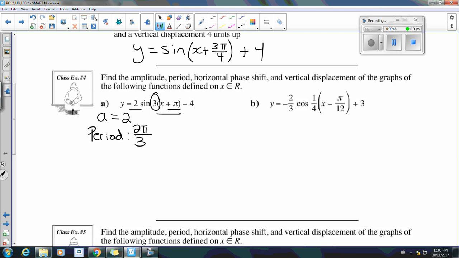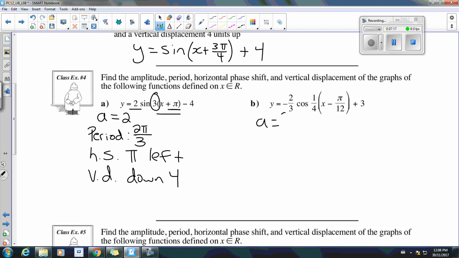It is factored out, which is good. So that's going to be our period, 2 pi over 3. We'll leave it as an exact value. The horizontal phase shift, we've gone pi left. And the vertical displacement, we have gone down 4. D,